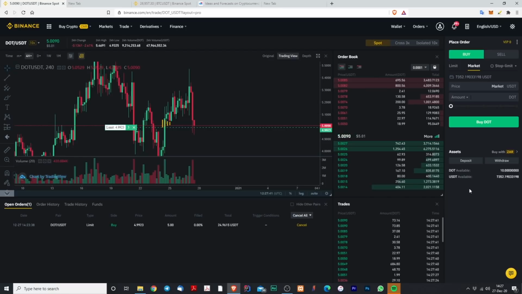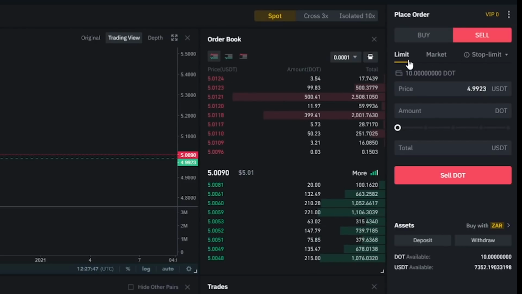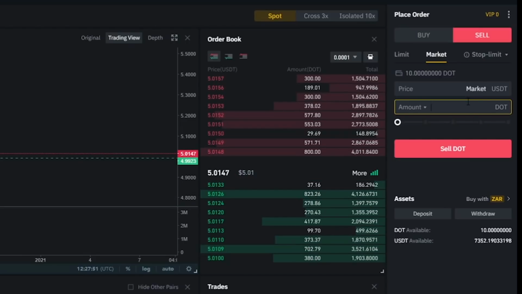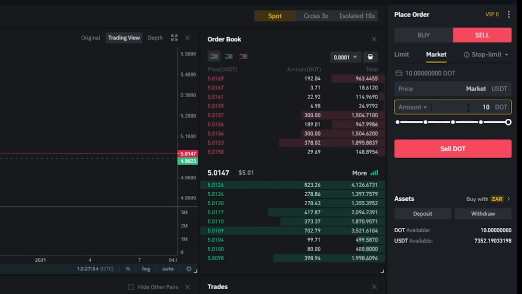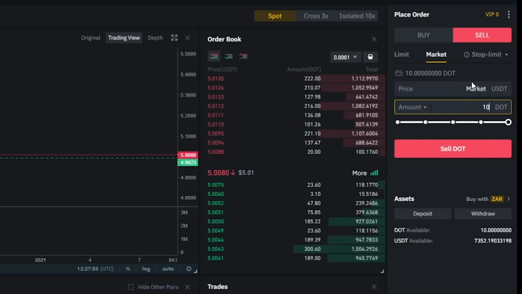The next thing I wanted to show is how to sell. Okay, so click sell. Selling, you also have limit, market, and stop limit. And market selling is the same thing. If I want to sell the 10 DOT that I bought at market, I don't have control over what price is going to sell. I will know that it's around these prices, but the exchange itself will get me the